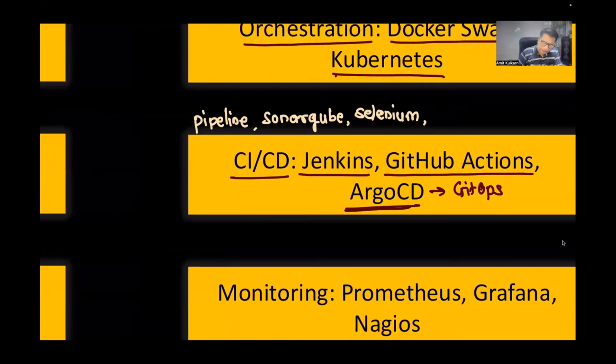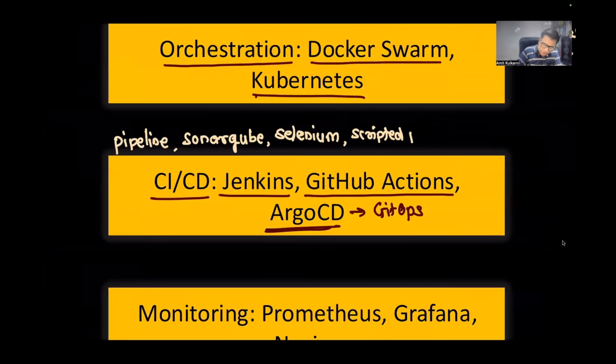Then we'll go for creating pipelines called scripted pipelines using a scripting language called Groovy. The one which I mentioned here, the pipeline, will be created using the Jenkins dashboard. There are two ways you can create a pipeline in Jenkins. One is called a scripted pipeline, and the other is called a GUI or dashboard pipeline. So we'll be looking at both of them.